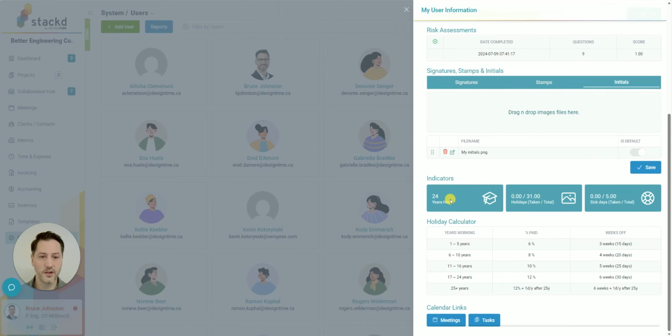So each one of these will have a default, and you can have several if you're doing work in different provinces, etc. There's a few indicators here that show you a snapshot of things like sick days, holidays, and how long you've been employed, and a holiday calculator if that's set up in system settings. So that's your personal user information panel, and